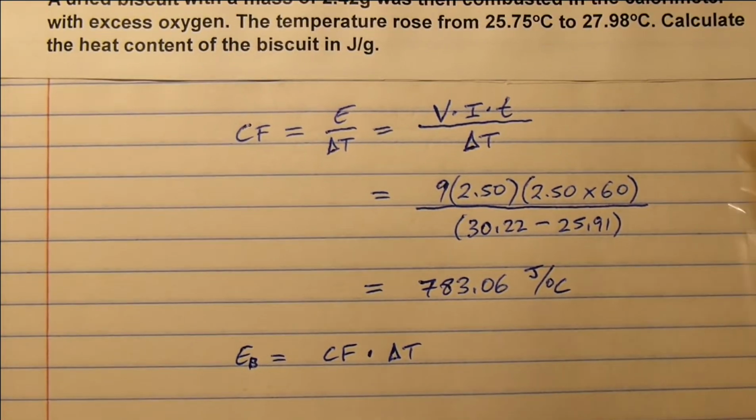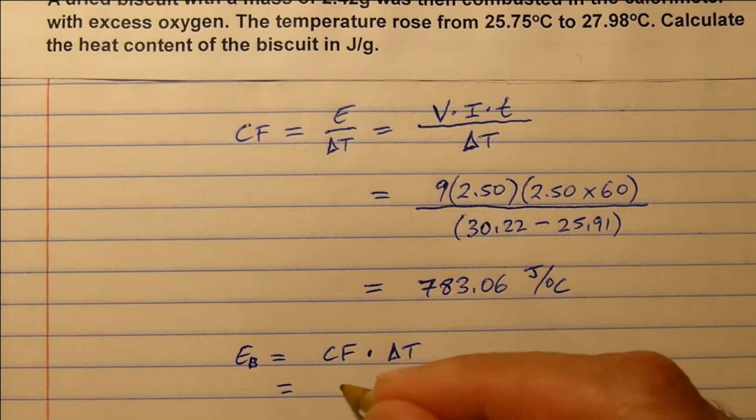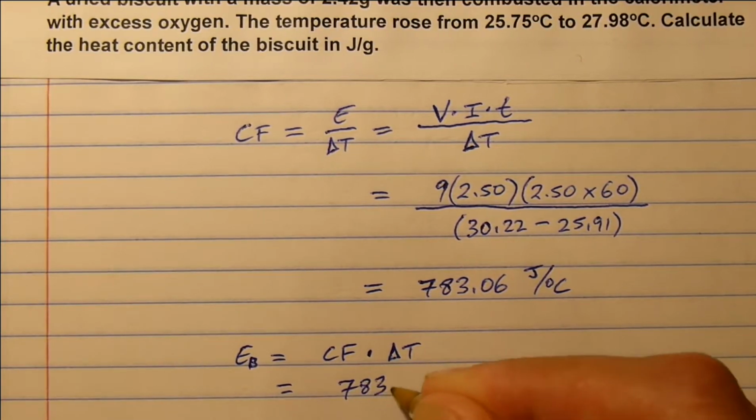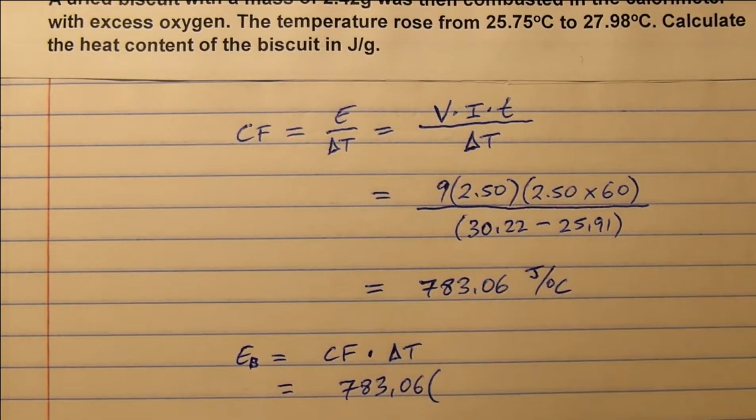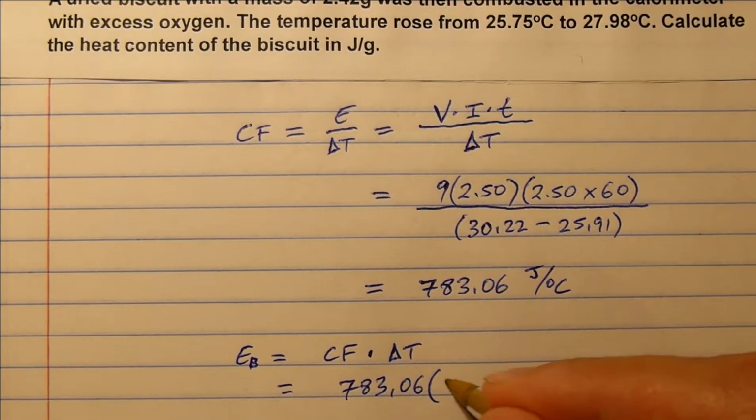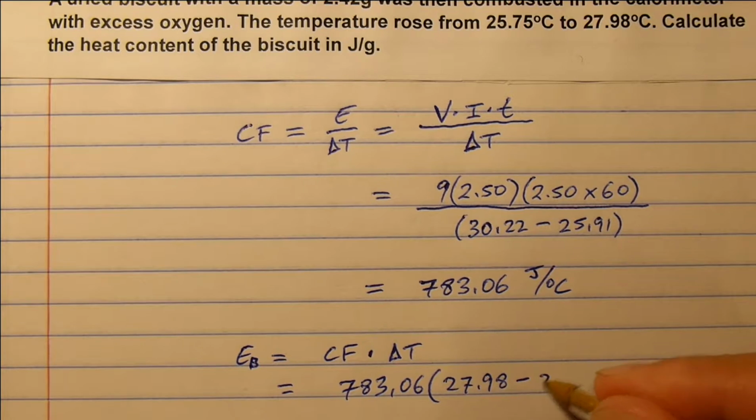Now this is for the combusting biscuit. So here I have 783.06 multiplied by 27.98 minus